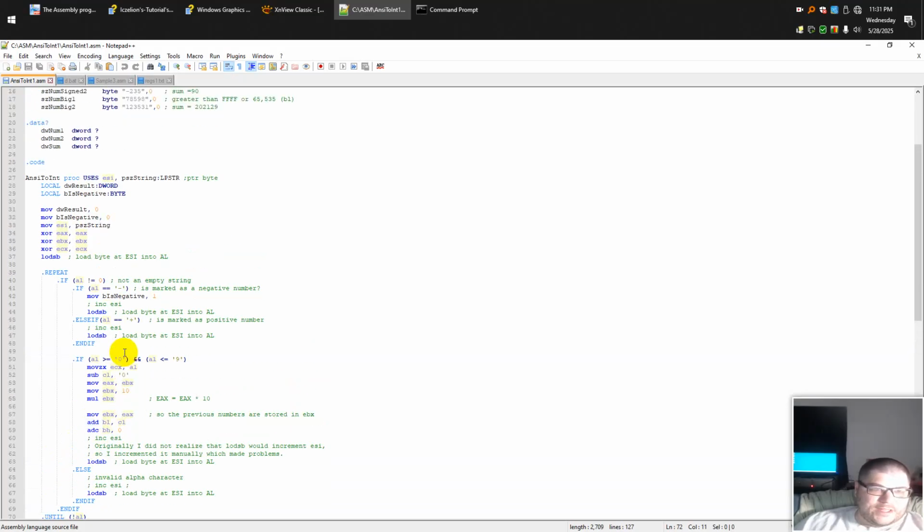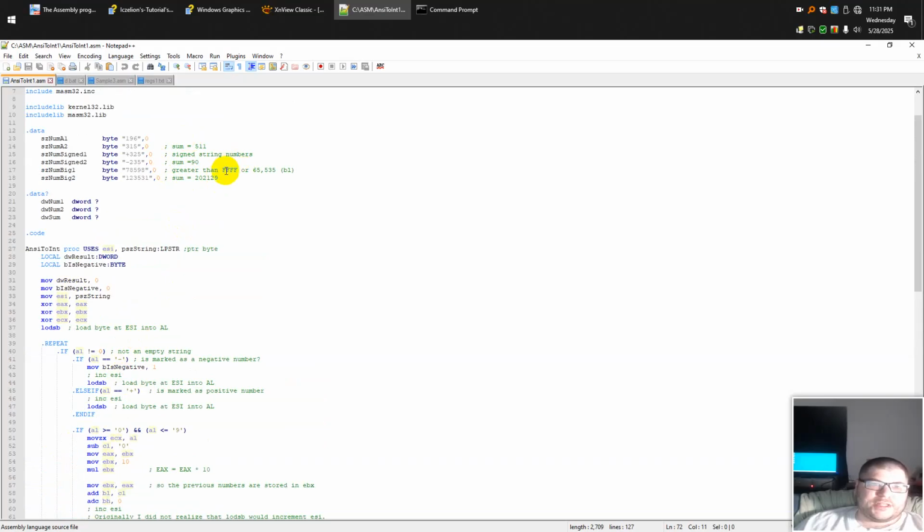But for values larger than this FFFF, which is 65,535, which would be the maximum value you could store in a 16-bit number,